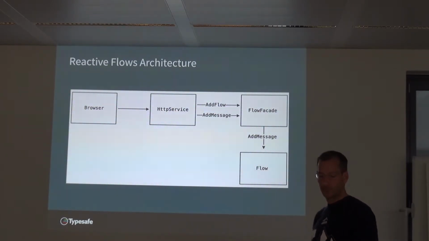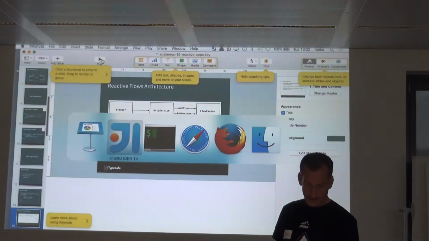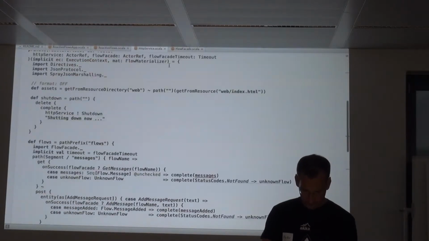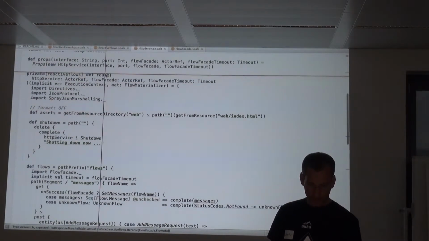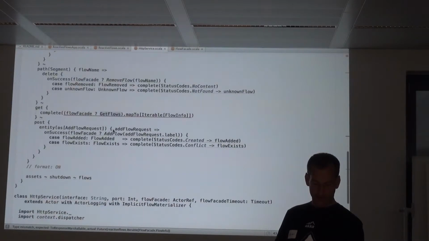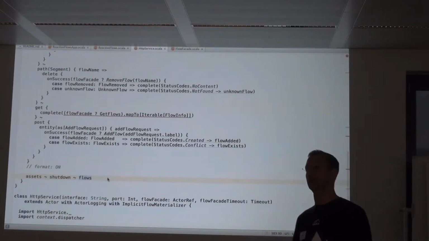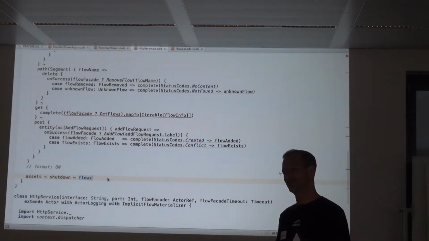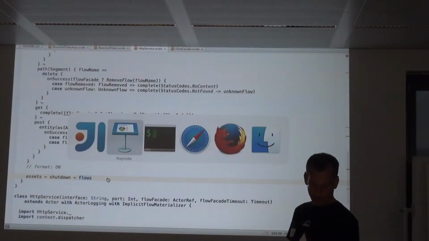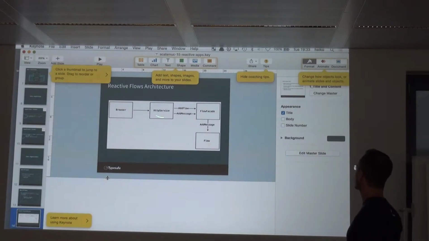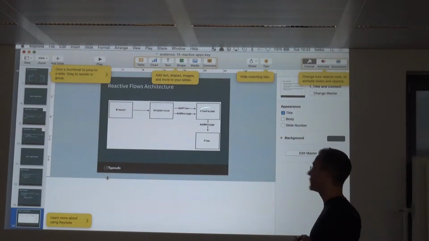And then finally, your route, which is described here just as a DSL, that gets materialized. That's just a DSL. It gets materialized into actors. Okay. So again, actors are involved, and what will happen is that the message here in the HTTP service route triggers a message to the flow facade.